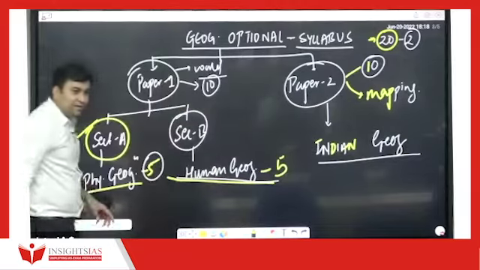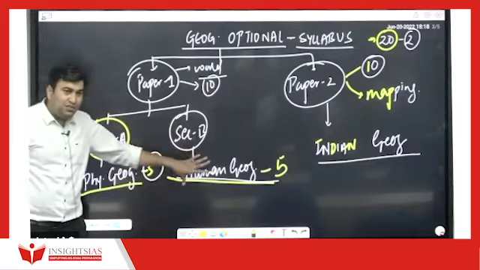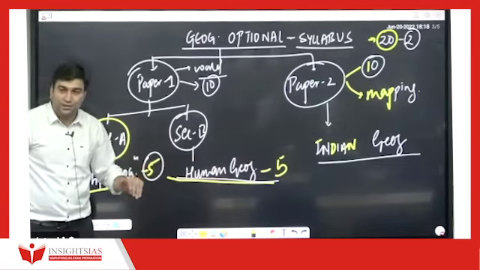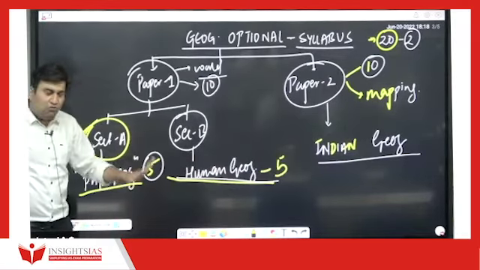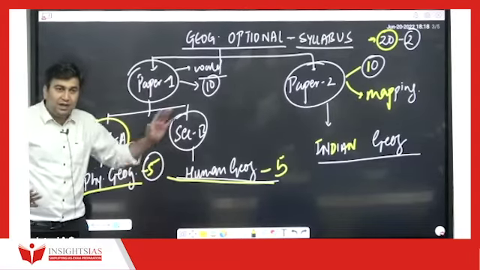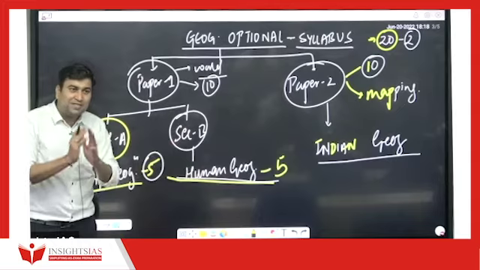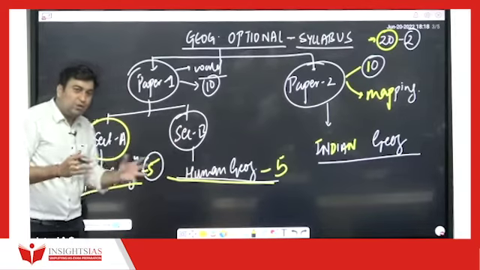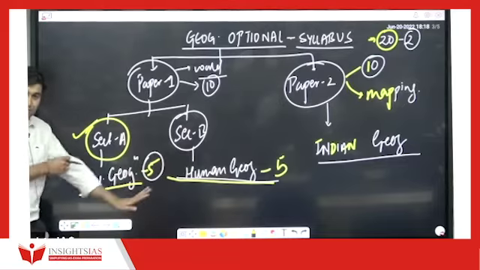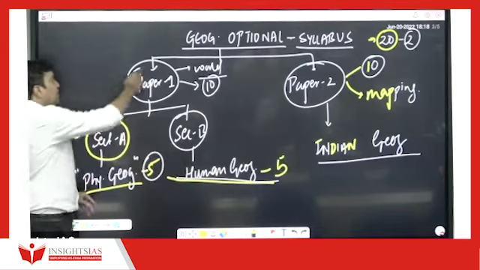Five topics here and five topics there are nothing but the core of geography. Is it clear to everyone? Very interesting, very much applicable in the real-time world, and you can draw various diagrams, and we can take case studies and examples. We can link it to the newspaper daily. So this is the core of Paper 1.